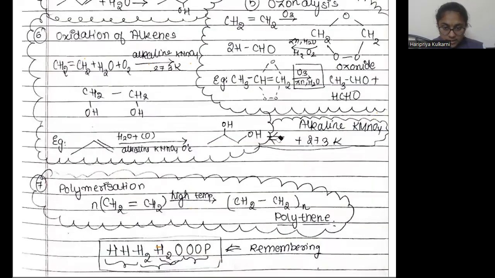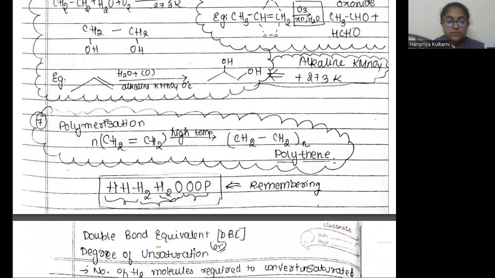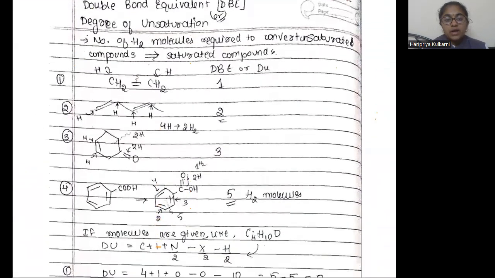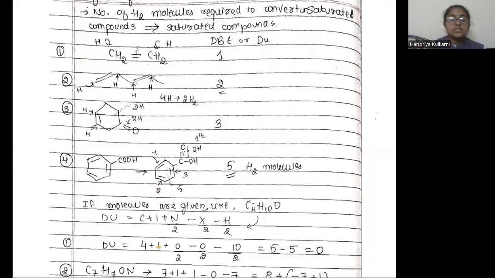So 3 CH triple bond CH, in the presence of RHT, that is red hot tube, in that present is iron, at 773 Kelvin will give us benzene. So these were the two chemical properties of alkynes. Now let's come to the next topic, that is the double bond equivalent or degree of unsaturation. So what is degree of unsaturation? The number of H2 molecules required to convert unsaturated compounds into saturated compounds, that is alkynes or alkenes into